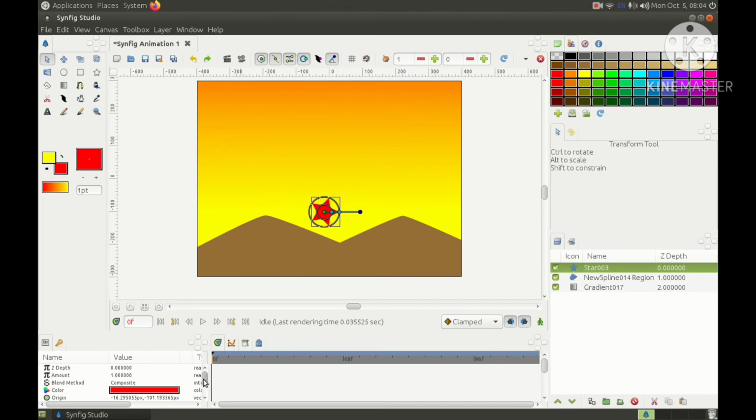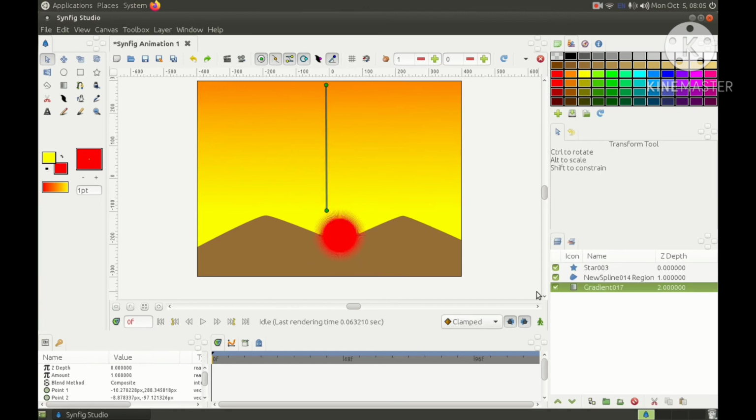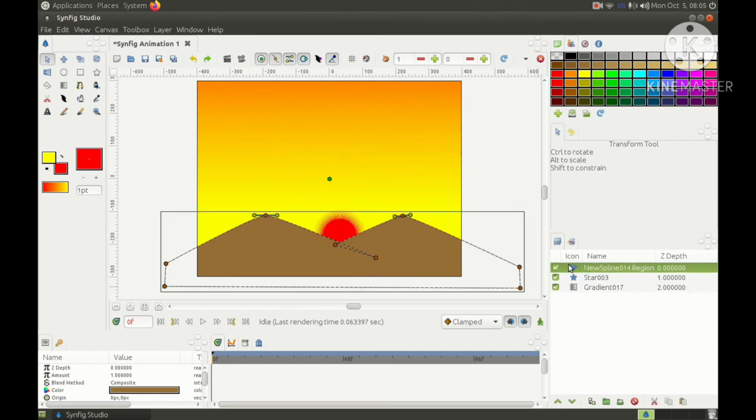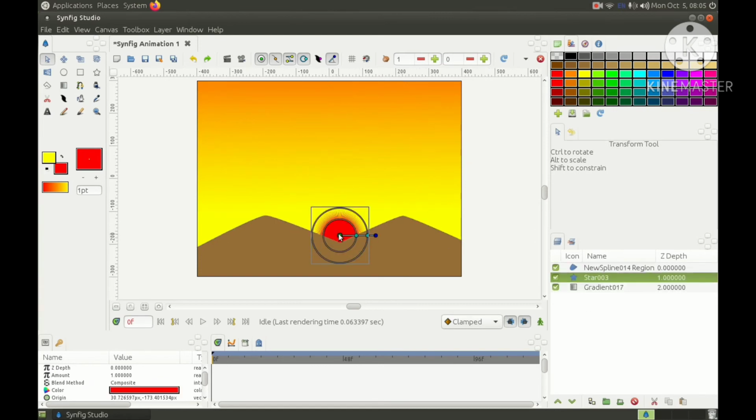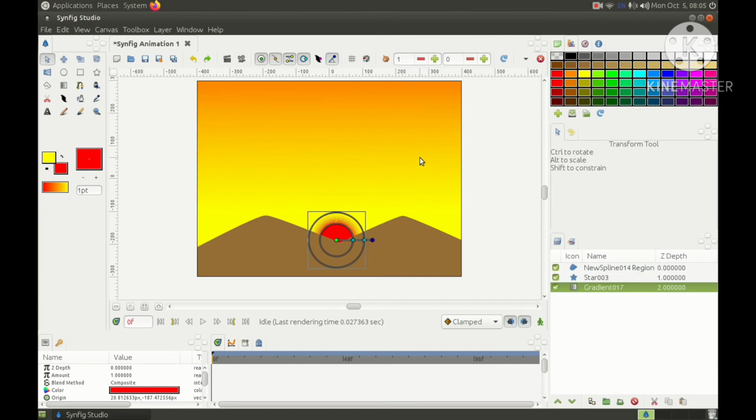I am increasing the points from the layer panel, params panel, 0.5. I am changing it to 120. Okay, you can see a sun is created.